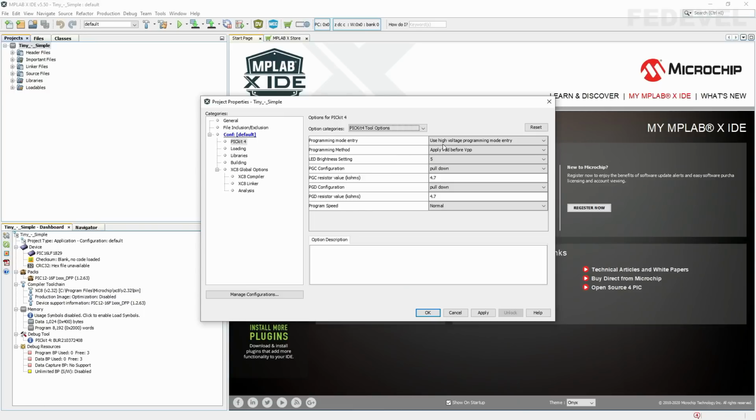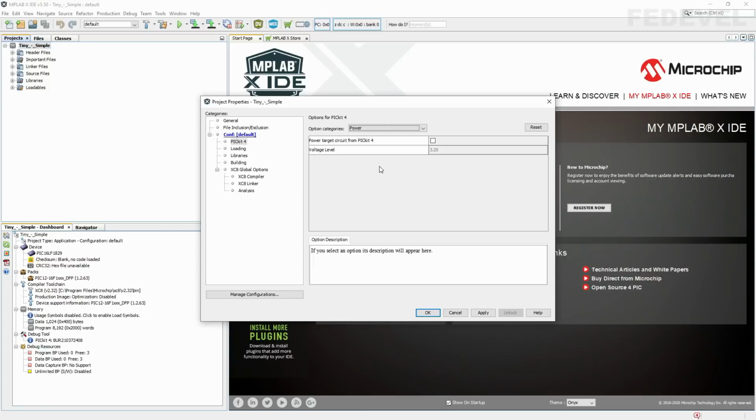We don't want to use high voltage programming mode, so left click here and select low voltage programming mode. Also from this list select power, and this needs to be unchecked. Okay, we don't want the debugger to power our board, so be sure this is unchecked, and if everything seems to be correct, click on the OK button.